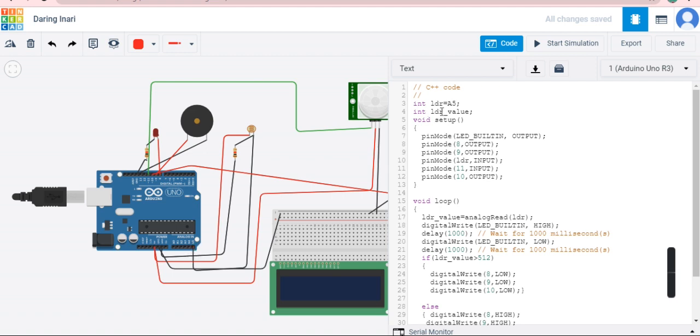So the LDR I have connected to A5 since it is input. We have to read the LDR value, so for that I declared a variable, LDR value, that I am reading with analogRead of A5, from this photoresistor, and storing in this variable.